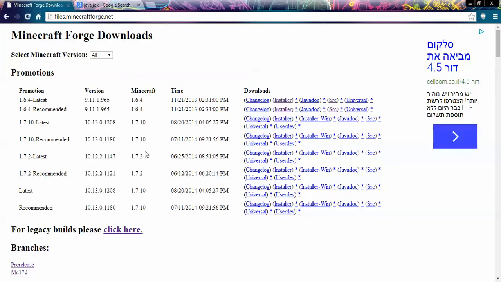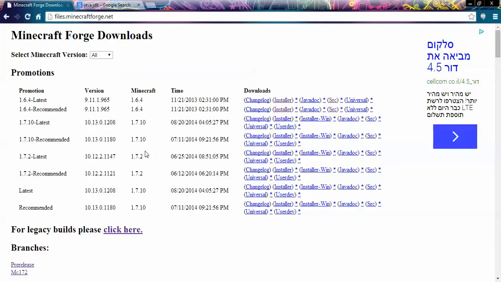This particular series is going to be for 1.7.10, but I may, if 1.8 Forge comes out before we're done with the series. Well, I don't really know if we're ever going to be done with the series, but whatever. If 1.7.10 or 1.8 Forge comes out,